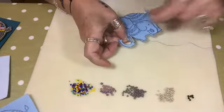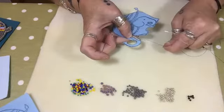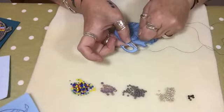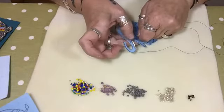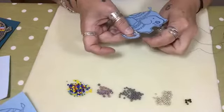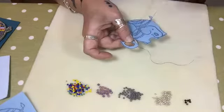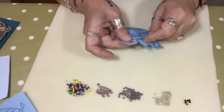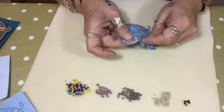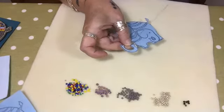And then what I'm going to do is go down the other side of my piece, so I'm actually catching between the first 2 beads. So this is called couching, and this is so that it will hold those beads completely in place. And then I'm going to do the next one, so I'm going to go a couple of beads down, sorry, and pass my needle back up again. So these are holding the beads right on the very edge